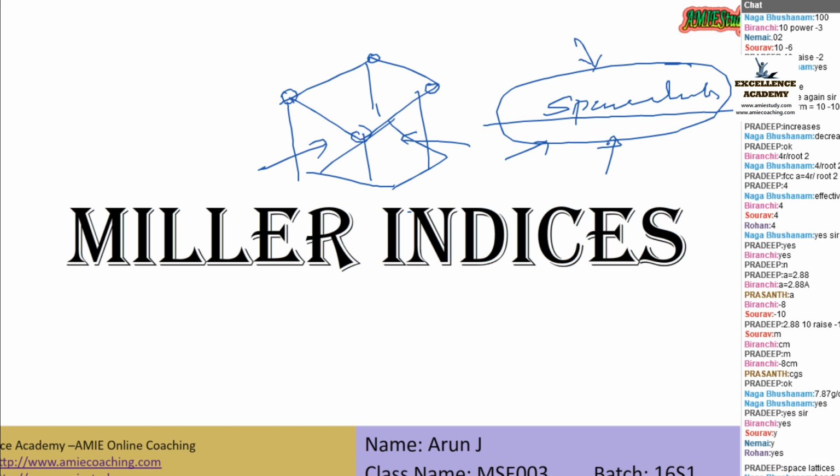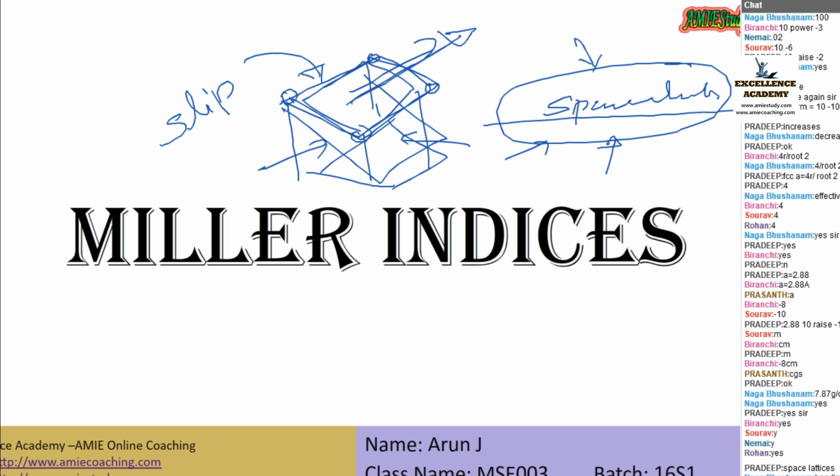Okay, lots of problems will also be there. So while designing that bottle, we have to take care about the material. The material study is with the help of what? With the help of this arrangement of atoms and those things. Sometimes these atoms or this plane of atoms has a tendency to drift in this direction or slip in this direction. And that plane of atoms has a tendency to slip. Sometimes this plane of atoms has a tendency to slip in this direction.